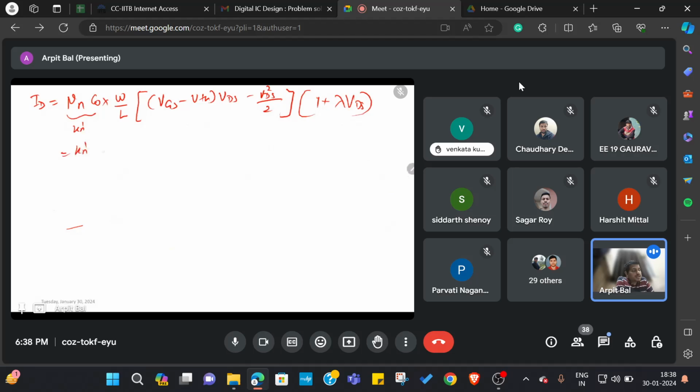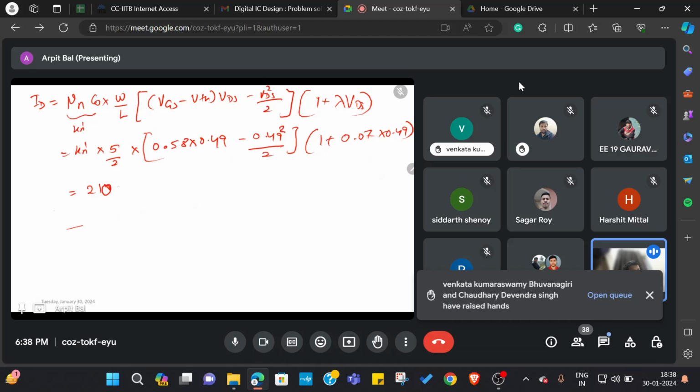So we have Kn dash into 5 by 2 into 0.58 into 0.49 minus 0.49 square by 2 into 1 plus lambda, which is 0.07 into 0.49. 210 into